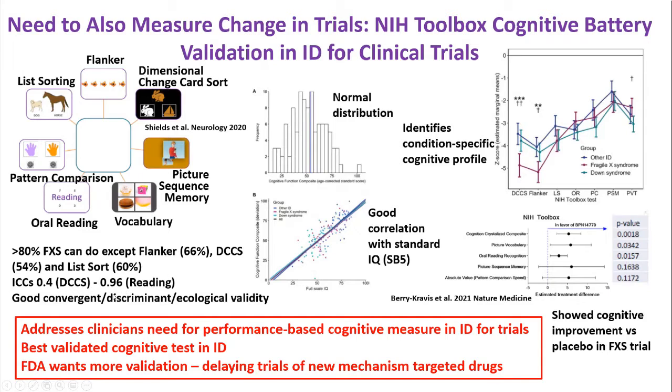For the ones where the patients could do them, it was less good if the patients weren't so good at doing them, these three tests that are difficult. And we were also able to show that the test had good convergent, discriminant, and ecological validity, had a nice normal distribution, correlated extremely well with the Z deviation IQ scores, and in fact, even identified different profiles in groups with intellectual disabilities, such as differentiating Down syndrome from Fragile X syndrome based on performance on some